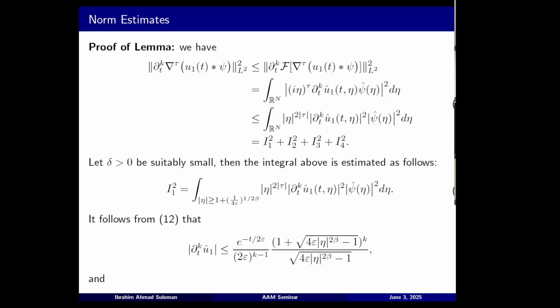It's a long proof, but I'll try to point out some of the important modifications we made. At the start, we have the norm of the function in L2. We know that it's less than or equal to the norm of the Fourier transform. You have equality only if the function is in L2 intersection L1. That's Plancherel. The next equality comes from the definition of the Fourier transform, and we separate the right-hand side